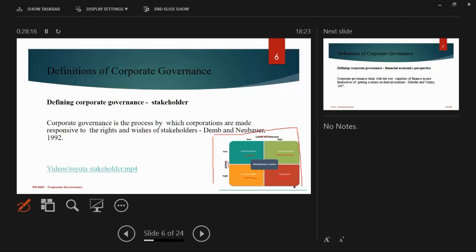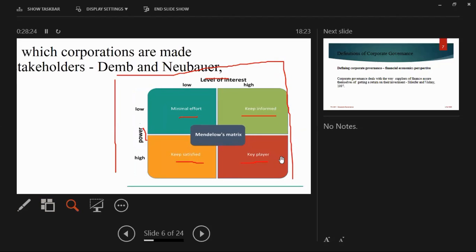Now this matrix, some say it's not clear, but let's see, I can zoom it. Now okay? Level of interest and power. So